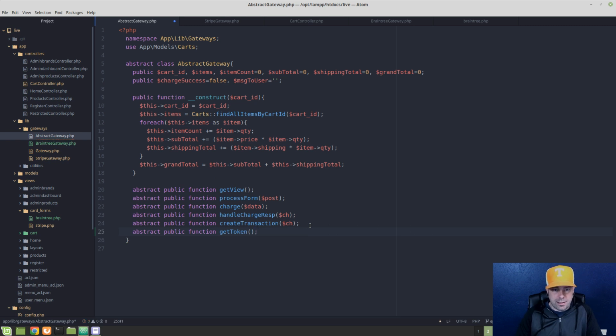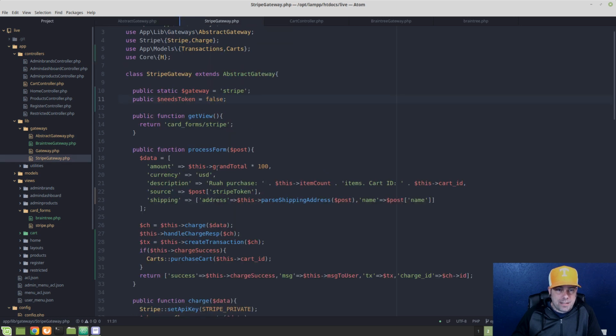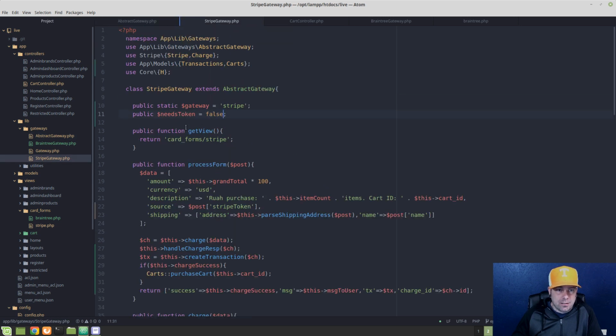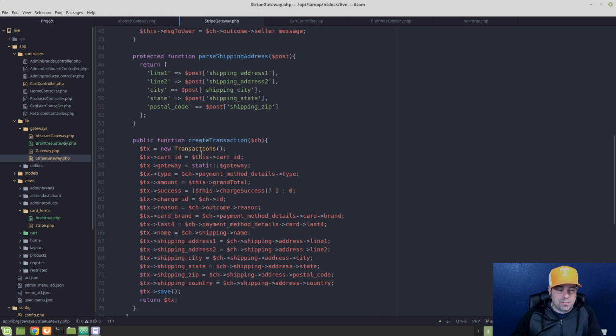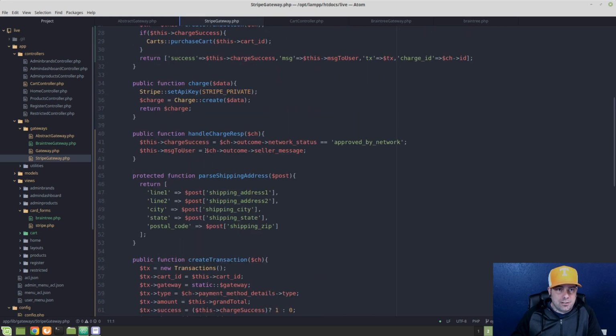Okay, that's it. Then that's going to force us to have this get token method in all of our gateways. So we're going to have to add that here. And I'm going to get rid of this needs token thing. We don't need that. That was just bad programming on my part, because I'm going to show you what's better. The better thing to do here